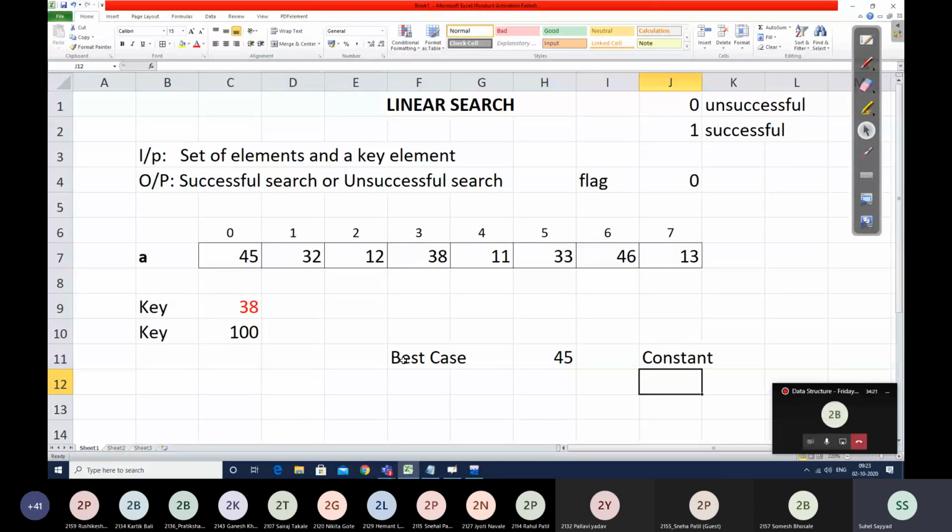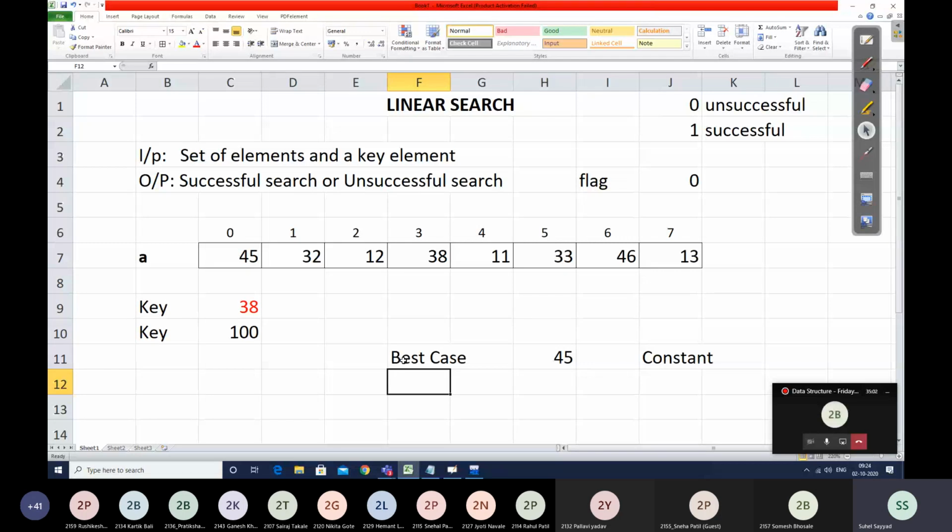Now what would be the other cases: the average case, the worst case, or an unsuccessful search? What would be the overall complexity of linear search? Then we need to progress the searching process. If I give you 8 numbers, at the most 8 comparisons you would make.